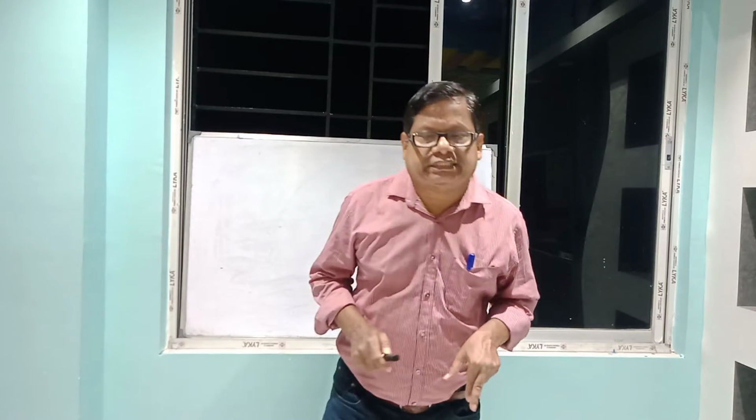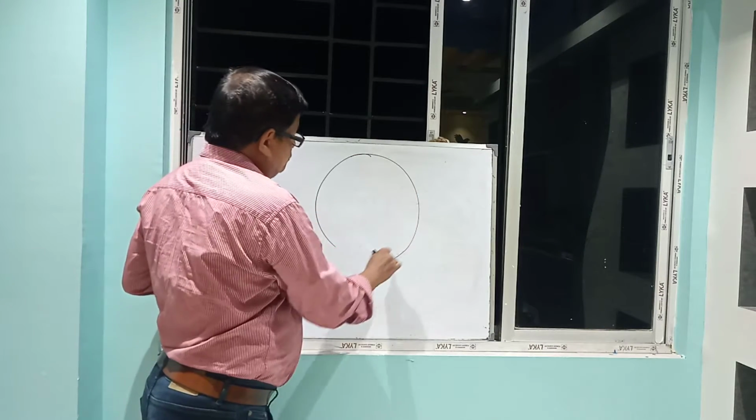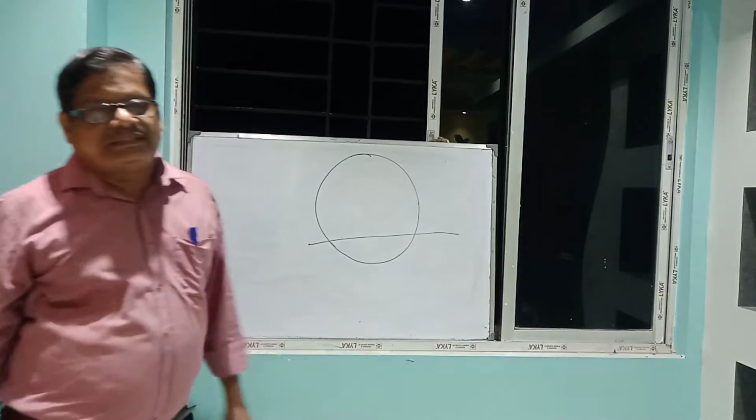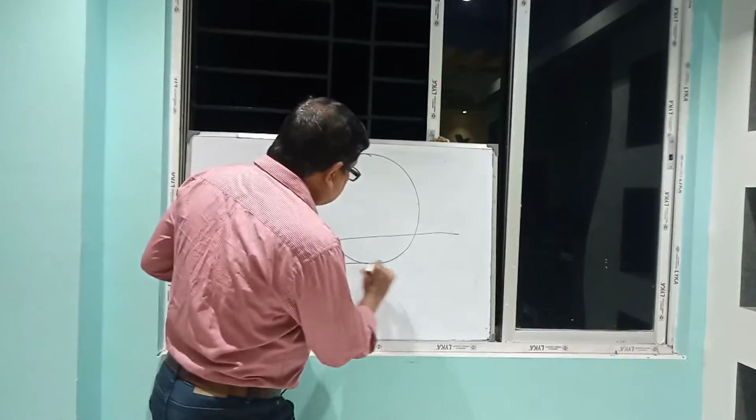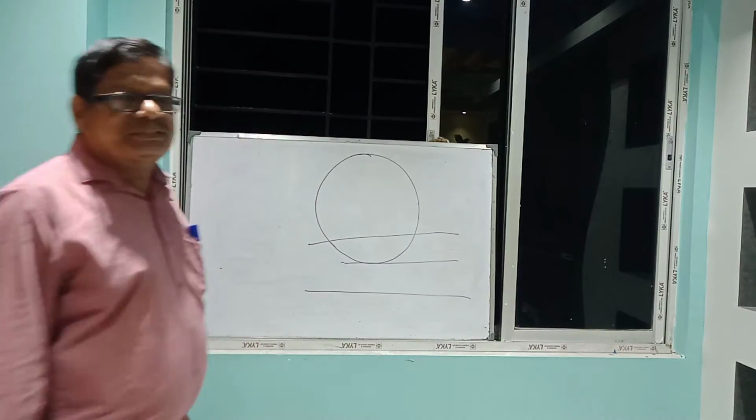Tangent property. As all of you know, tangent of a circle was already discussed in class 10 also. They have reduced the tangent property also. But the basic concept: when a line touches the circle, there are three conditions. Suppose the circle is there. One line just touches the circle. Another intersects the circle. Another does not intersect. Three conditions.